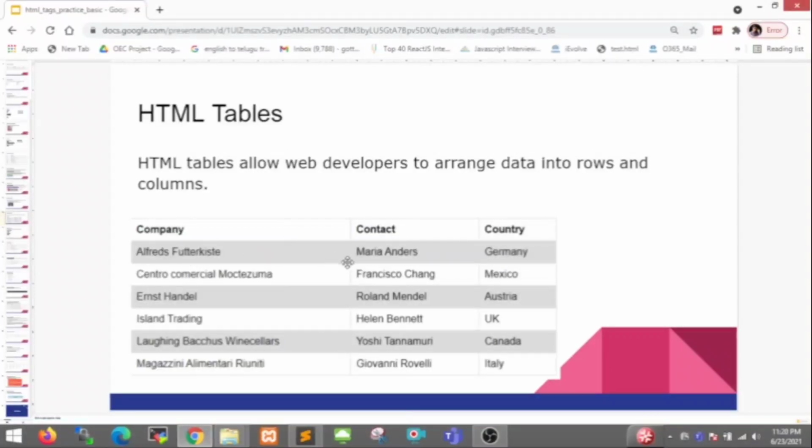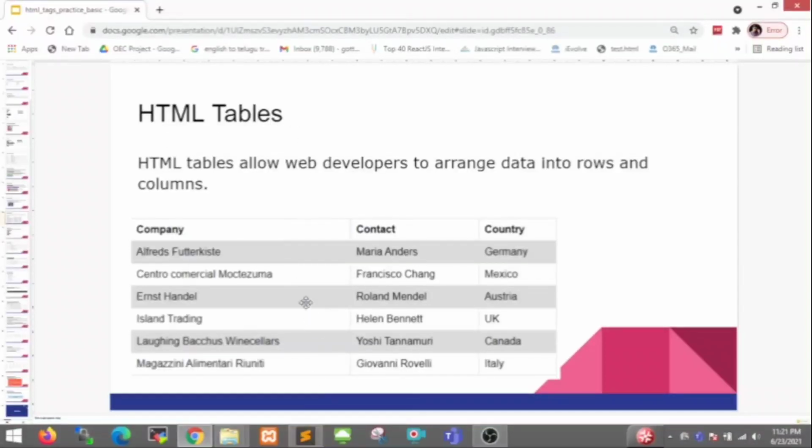For example, Naresh rank 1 percentage 99, like Suresh rank 2 and percentage 98, like that. That time it is a very important thing in web pages nowadays. If you create a web page and represent the student information in tabular format, it will be very useful. So that's why we are using HTML tables.